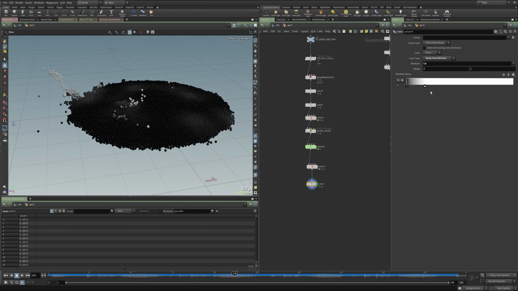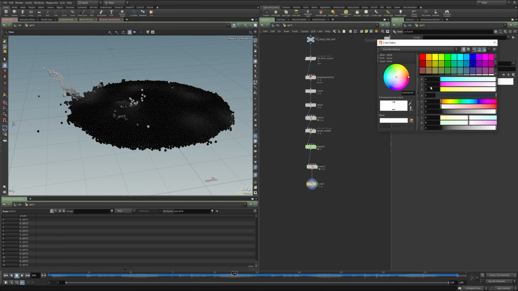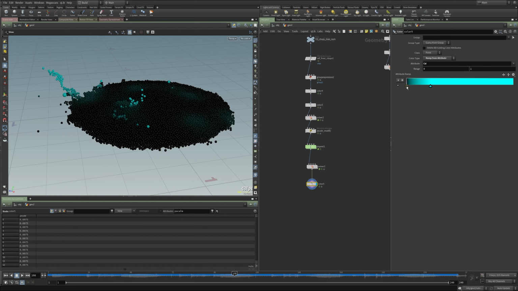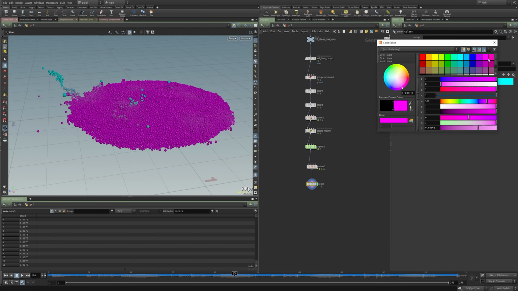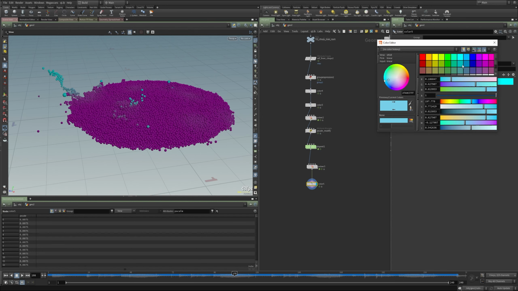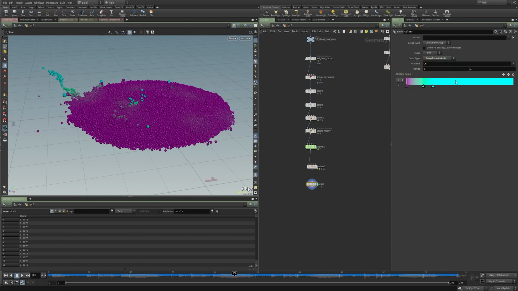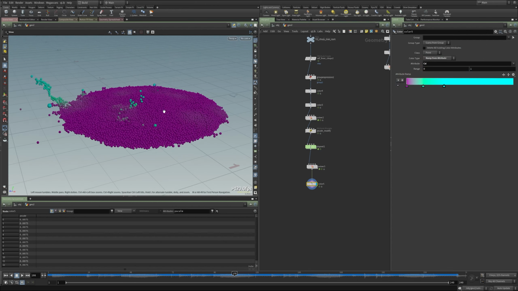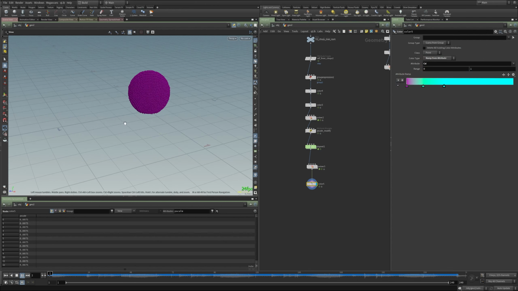You can dial that into taste. And the other thing that's nice about it is you can change the color to whatever you would like. I think I had some kind of colors like that in my original test, and you can play with it however you would like. But that's how I made it.